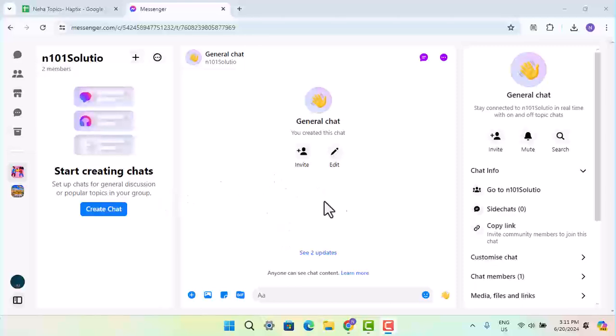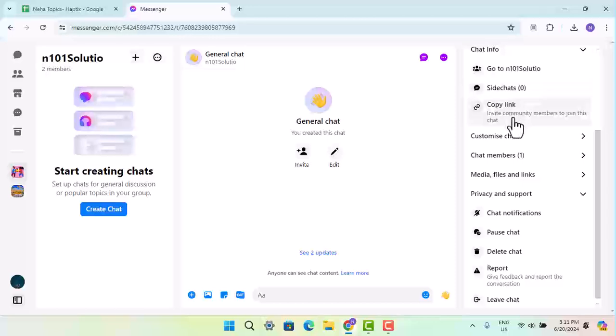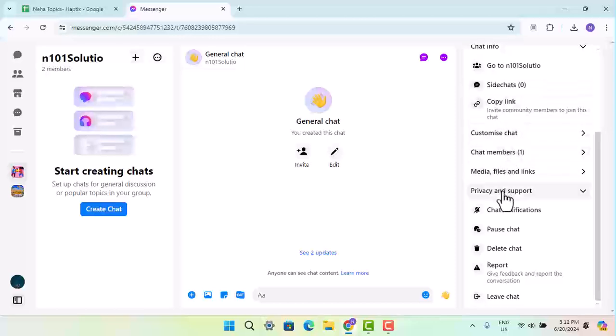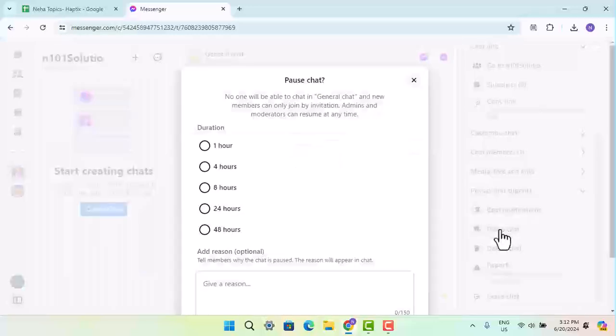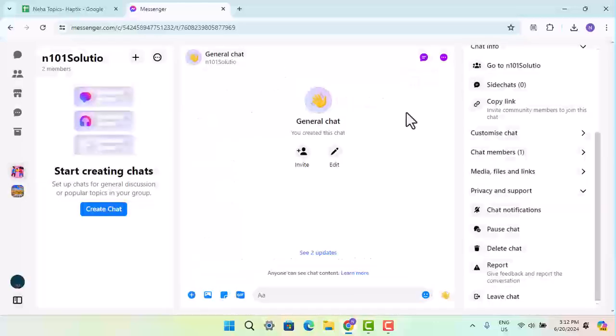So for that, you just open up a chat page, and when you open up a chat page, then you could go to the settings page, or you could go to chat settings and all that. And when you go to privacy and support, you should be able to find this option. So here there is this option as bot chat. You could go ahead and use this bot chat feature in order to use it as an alternative method for restriction. So you could select the duration and all that, and you could also give a reason, all of that,